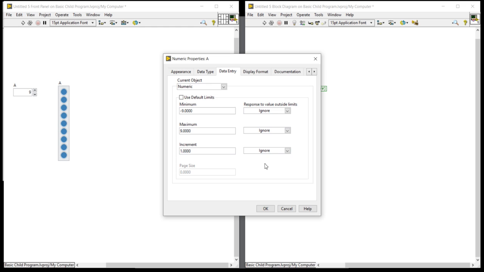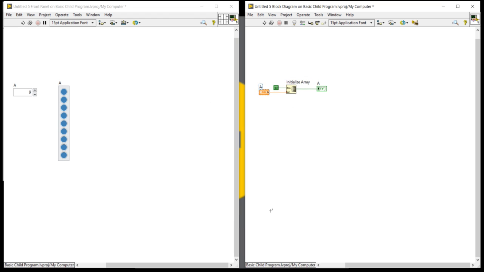Second thing, in place of ignore, I am going to coerce, coerce to nearest. Okay, please change it. So maximum will be 9, minimum will be minus 9, and increment 1. So the range is 19 characters. Okay. So one part is covered. Now, when you are done, inform me, then we'll go back.